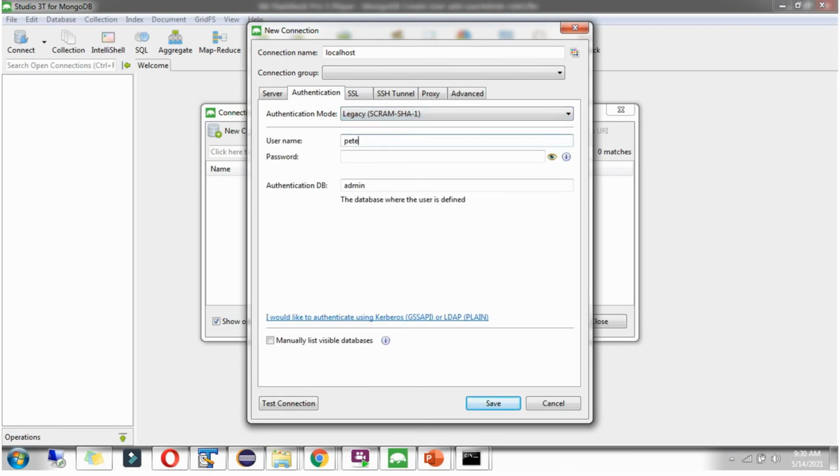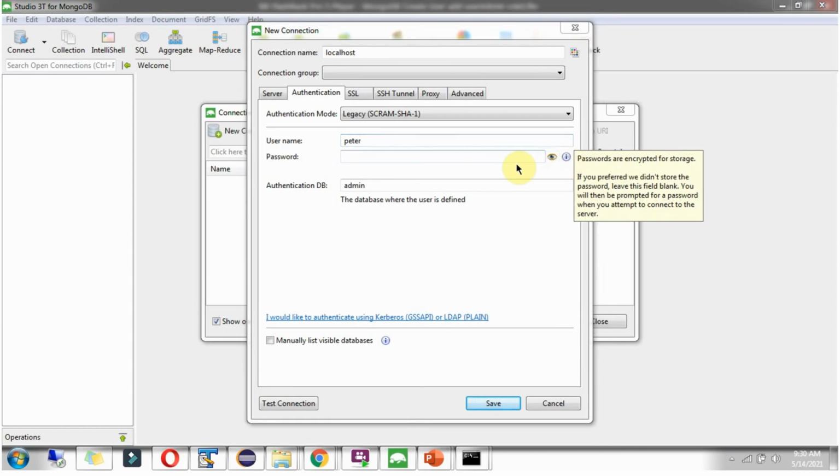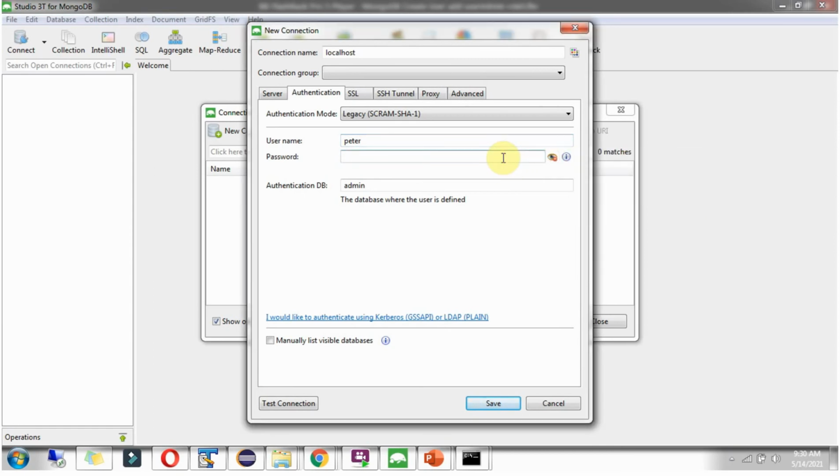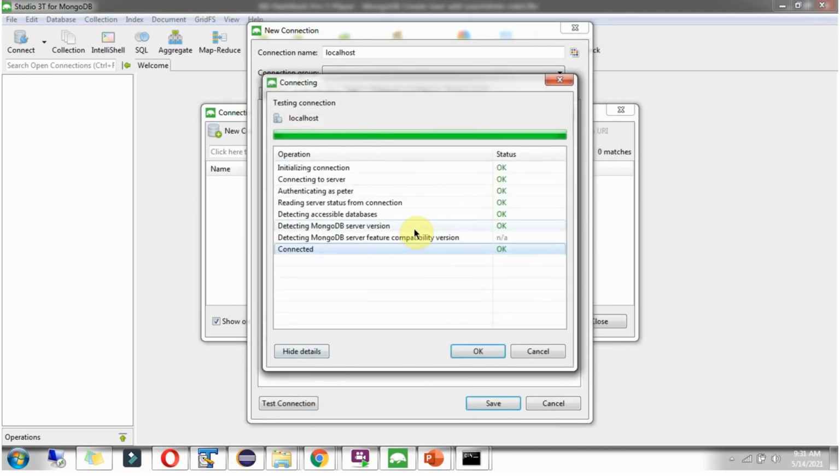Username is Peter, and password is password. And authentication DB is bookDB. Test connection, and it is connected successfully.